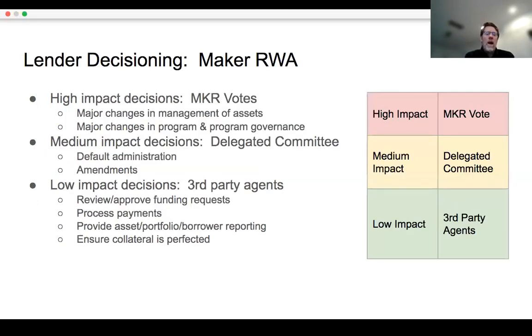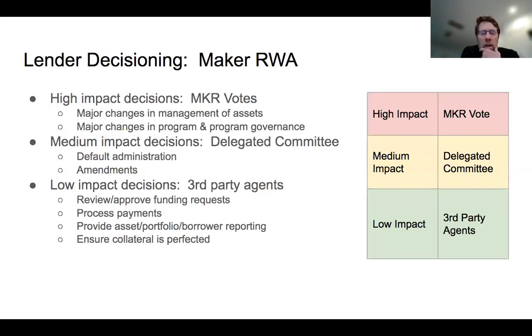Okay, so how might we do something at RWA? For what it's worth, I've split decisions into 3 levels. Christian's already kind of, I think, hinted at this, but let me tell you what our thoughts are. It's a working proposal. 1, high impact stuff, very important, very material. Makers should vote on it. The MKR holders should vote. This is the essence of the high level governance.